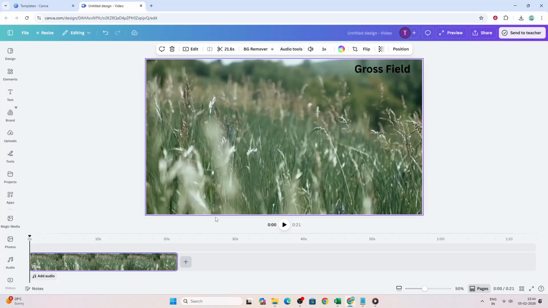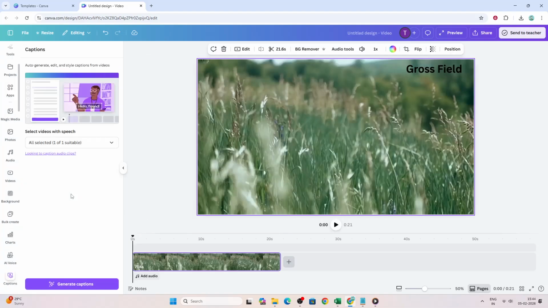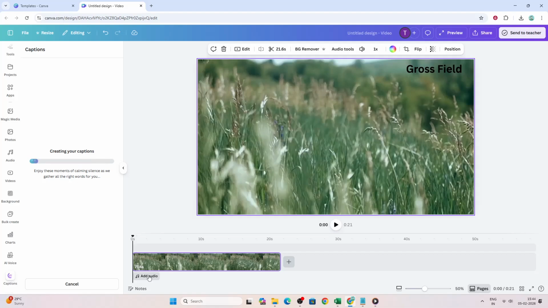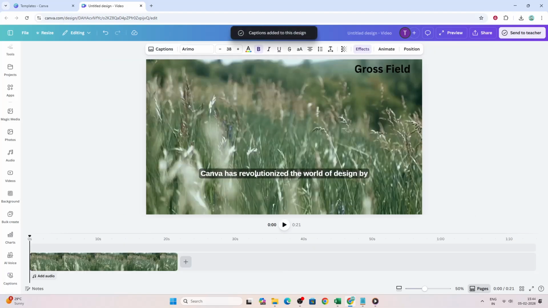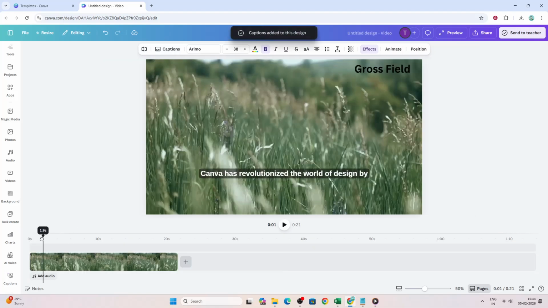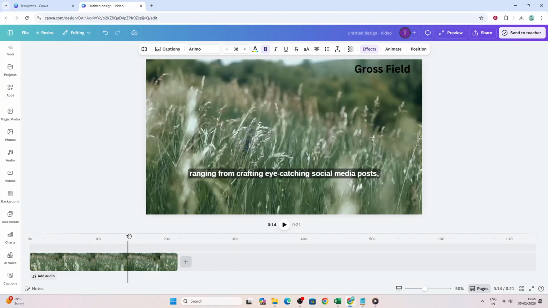Next, generate your captions. Look to the left-hand menu and click Text. Then choose Captions and select Generate Captions. Canva will scan your audio and create timed captions on your timeline and canvas. If you see a language option, confirm the correct one for your video. Once they appear, press play to review the flow. You'll likely see the captions pop in and out at the right moments, which makes it easy to spot anything